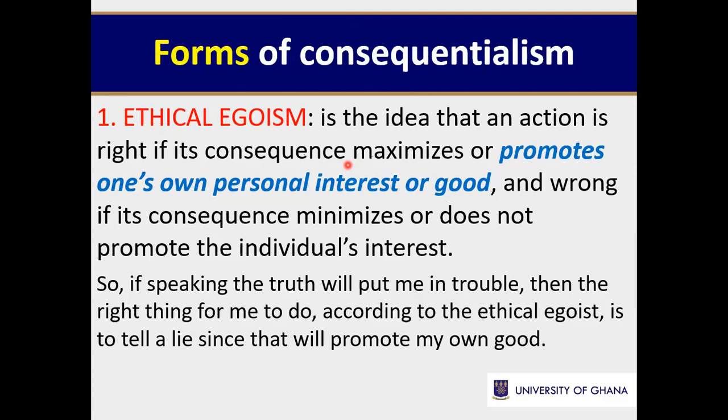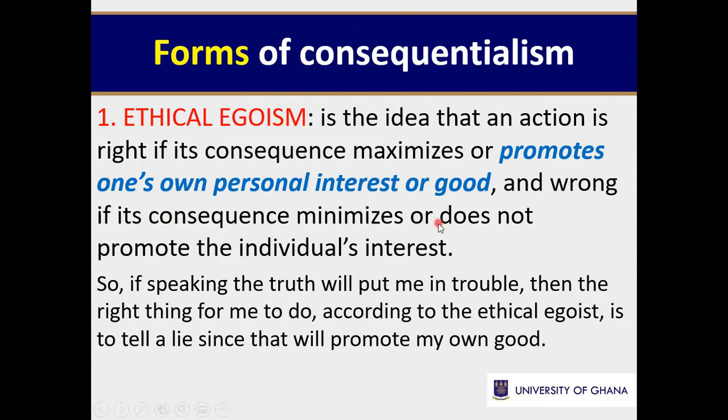When someone is egocentric or I-minded, then you are talking of the type of consequentialism that says an action is right if its consequence maximizes or promotes one's own personal interest or good. That is ethical egoism. It is a type of what? A